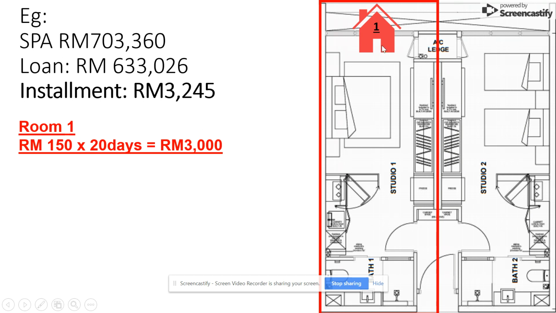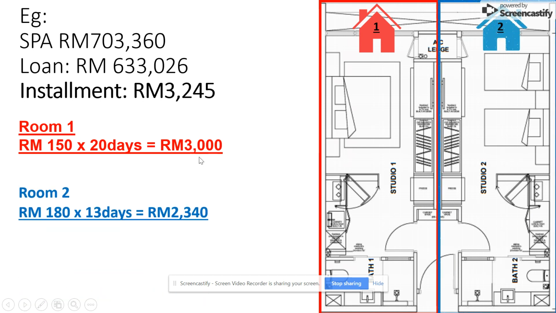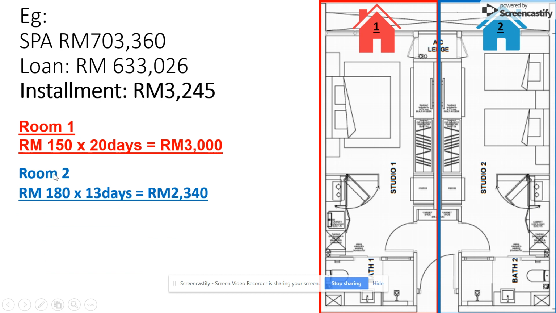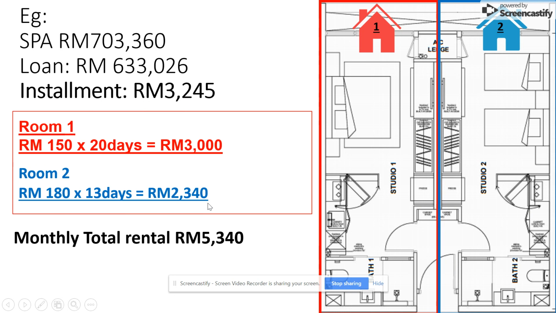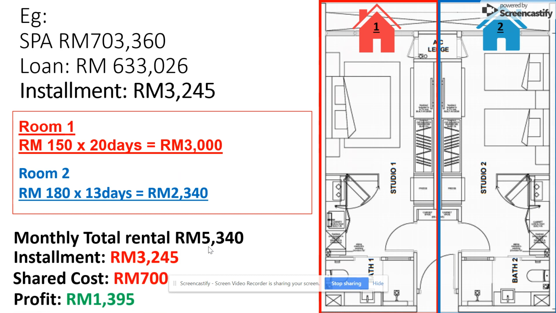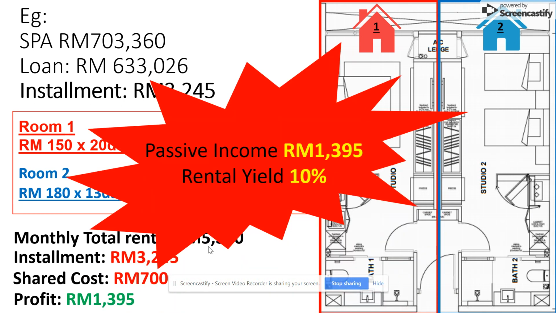All right. So first room, 150 ringgit times 20 days, I get 3,000 ringgit. Now the second room, I will use a more conservative calculation, 180 ringgit times perhaps 13 days. Here I probably add in a bit more facilities. So this one I get 2,340. So let's look at the total income per month. Now you get 5,000 something as compared to an installment of 3,245. If you minus off the shared cost, your profit will be 1,395, and that makes up to 10% rental